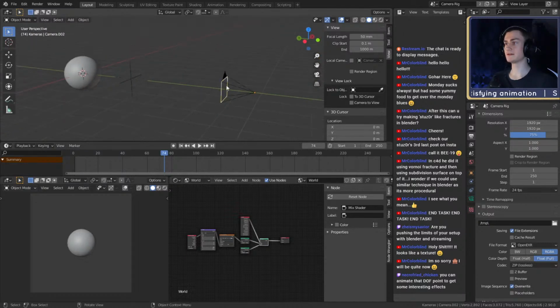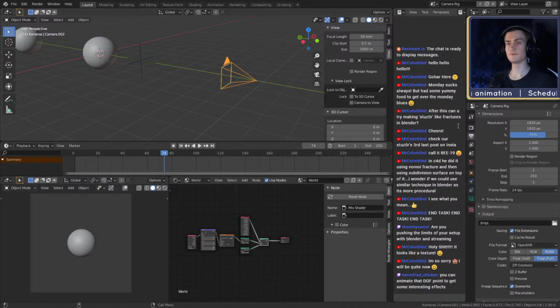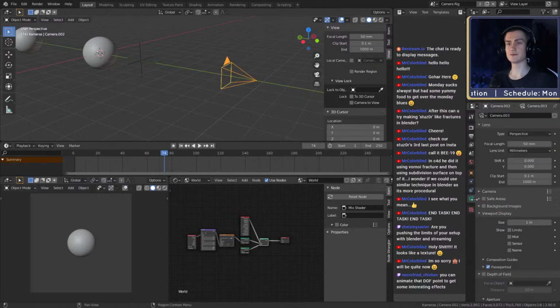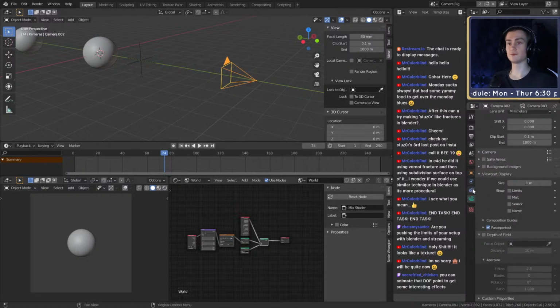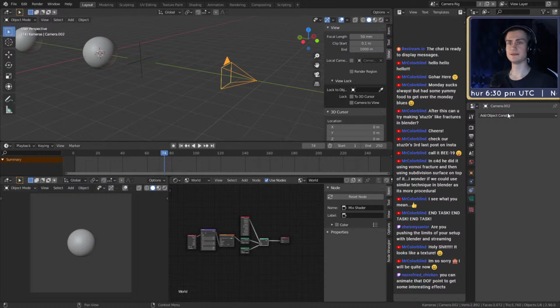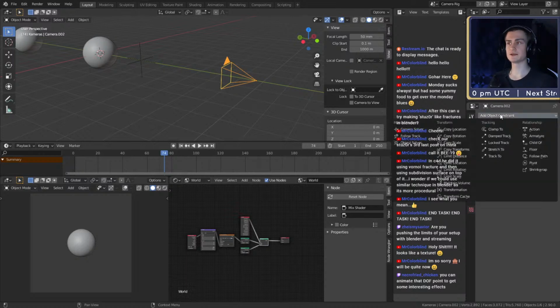Then go in here to the camera settings in the properties panel on the right, and no, not the camera, we need to switch to the constraints properties. In the constraint properties, you can apply different constraints to the camera. What we want to use is either the damped track or the track to constraint.